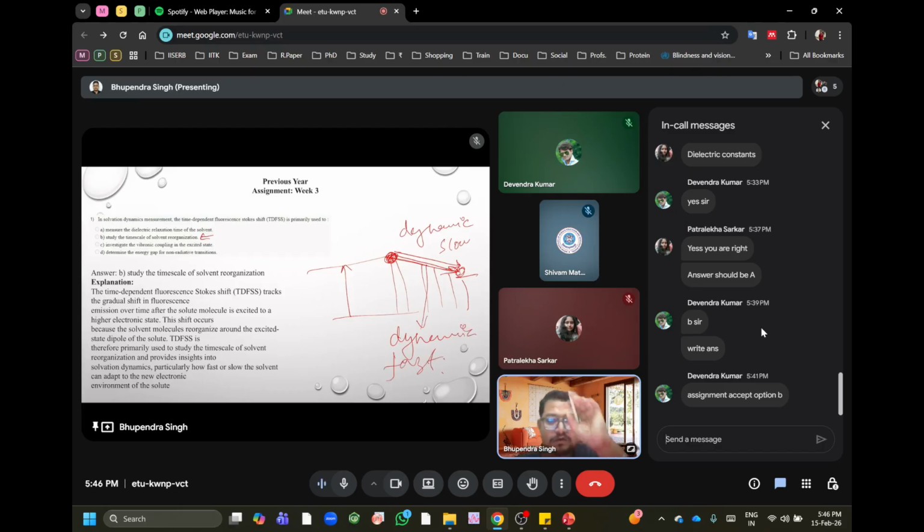Okay, now it's your turn to tell me. Let's say I'm measuring the dynamics of one fluorophore molecule, C153. This is the coumarin molecule, the fluorophore probe. Let's say I am measuring this in water. I am giving the solvents: A, water; B, glycerol; and